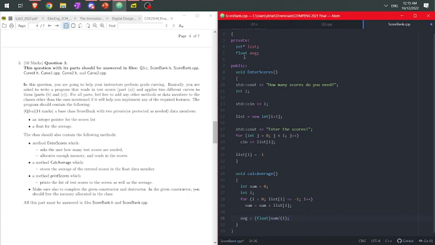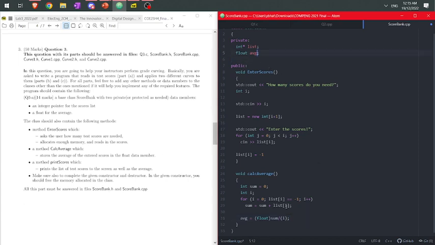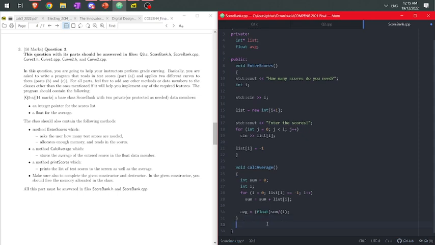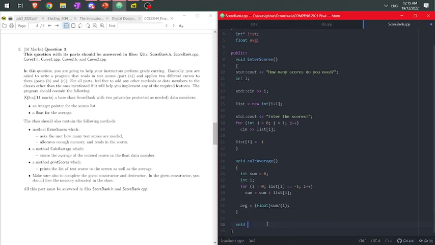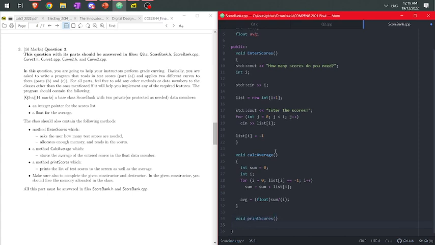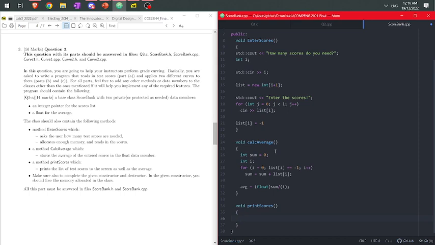So this will then store it in the data member average. Finally, we just have to print out the test scores. It won't take any parameters, so this will then just print the list of test scores to the screen as well as the average. So first off, I'll write it as print the test scores, so std of cout